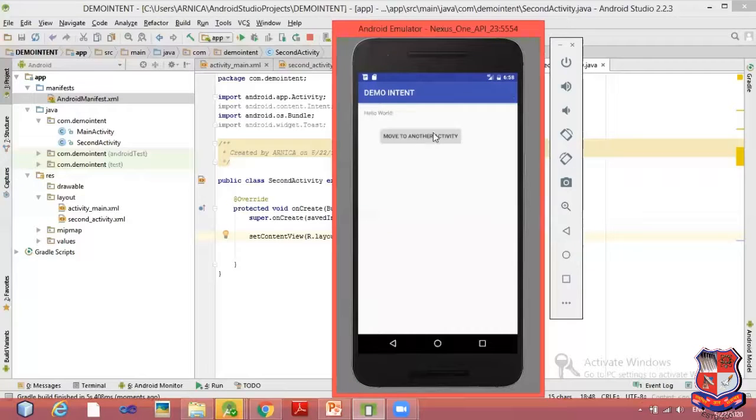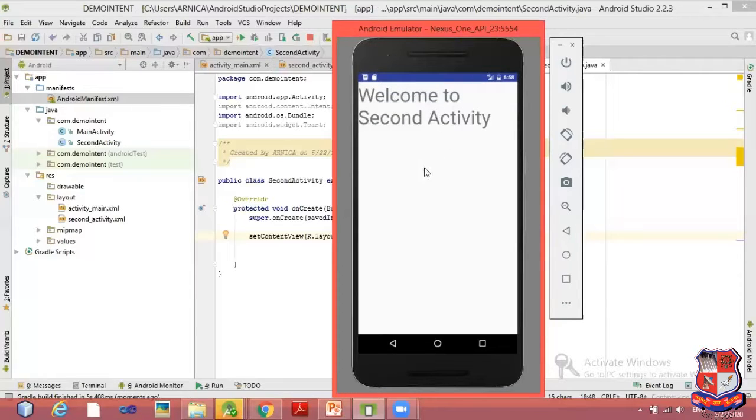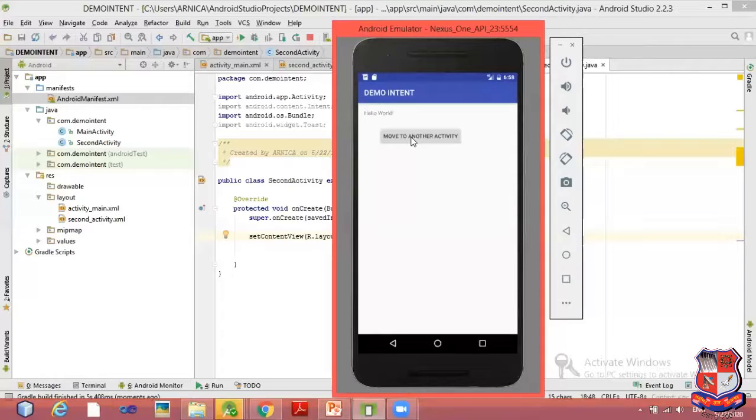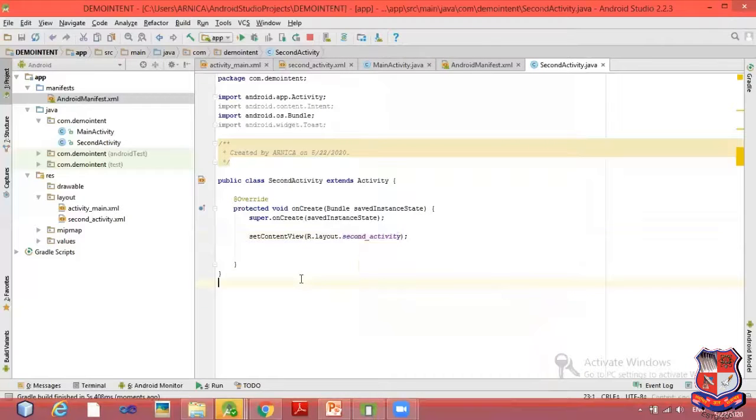Okay, it is ready. So by clicking on this button, I'm transferring my control from the first activity to the second activity. You can see here, we get welcome to second activity. So here we have completed the link between two activities.